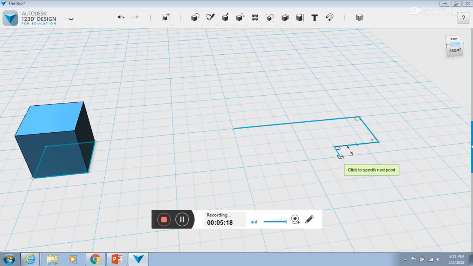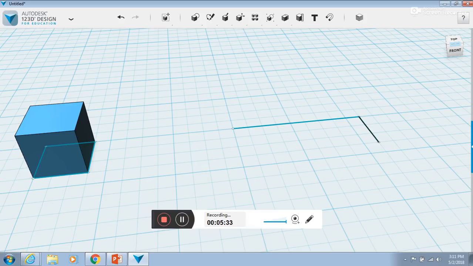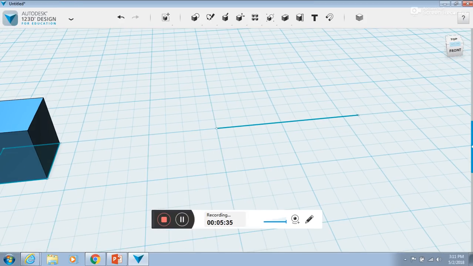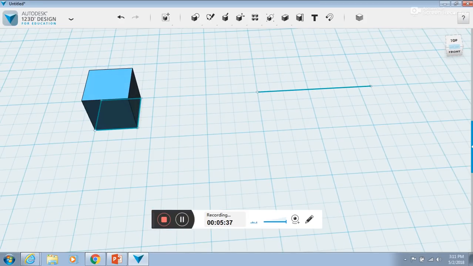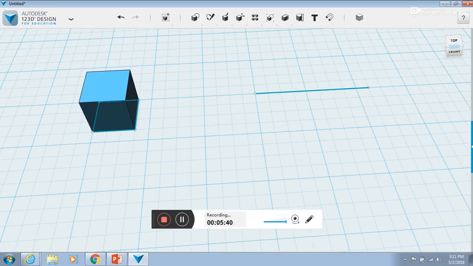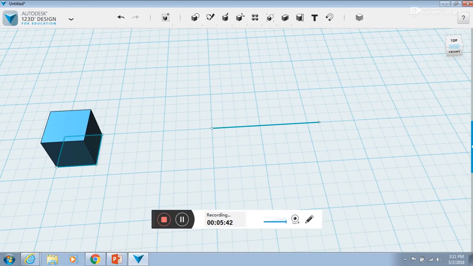Now we're going to go up, oops, I'm sorry. So if you want to delete something, you just click on it and click backspace. Click on it, click backspace, click on it, click backspace. So I want to bring it up this way. So we're going to go back to Sketch,